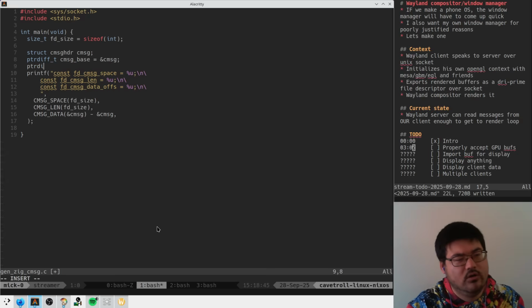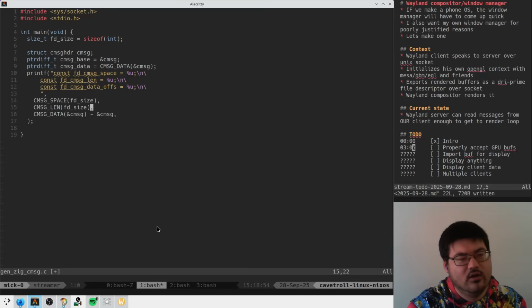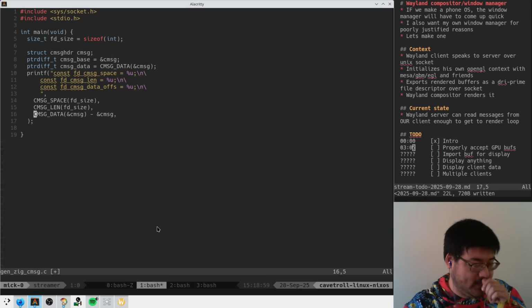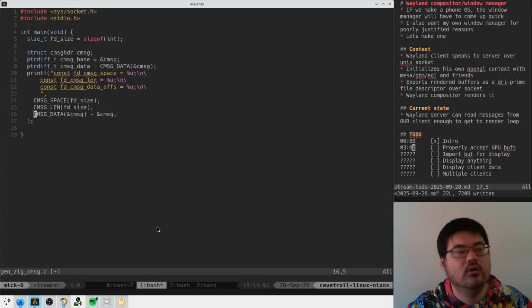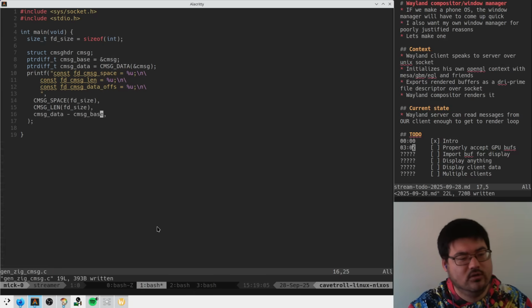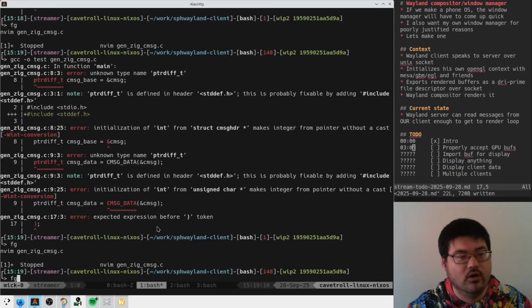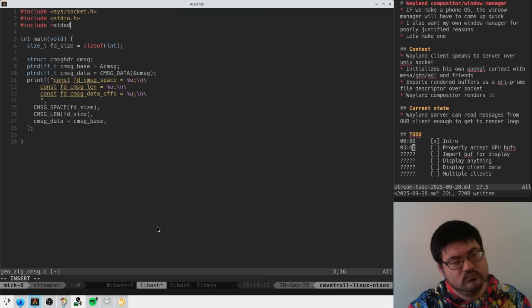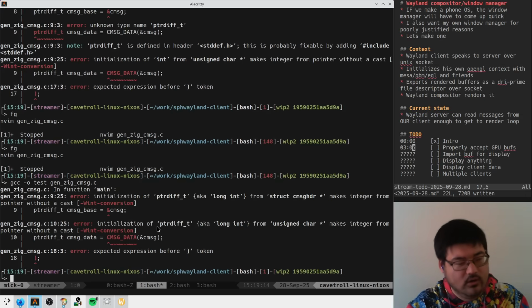And then we could do like, C message data is C message data at C message, and then can we go like this? Yeah, that seems right. C message data minus C message base. No pointer diff? Hello? Oh. Okay. Pointer diff